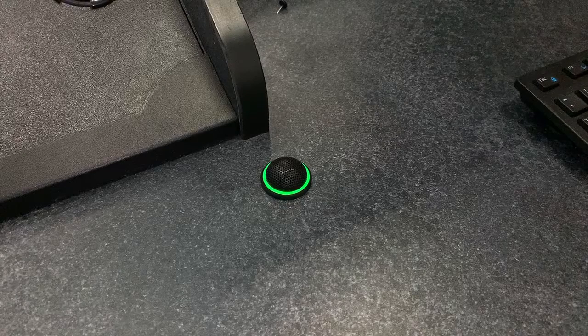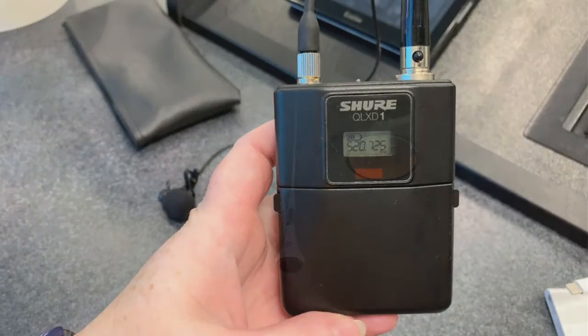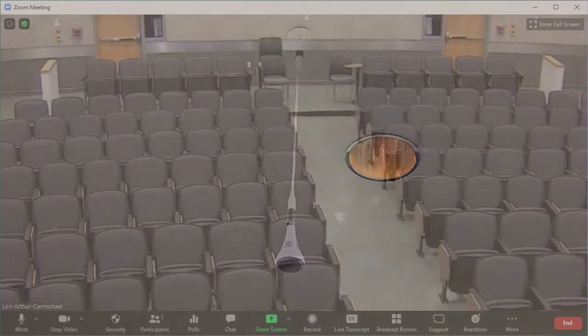Keep in mind the classroom system is set to prioritize the instructor podium microphone and wireless microphone over the ceiling microphones. This means that if a student in the classroom starts talking and you interrupt them, the student will be cut off and Zoom attendees may not hear them. You don't necessarily need to mute your microphone, just wait until a student has finished speaking before you start speaking to make sure that everyone can hear the student.